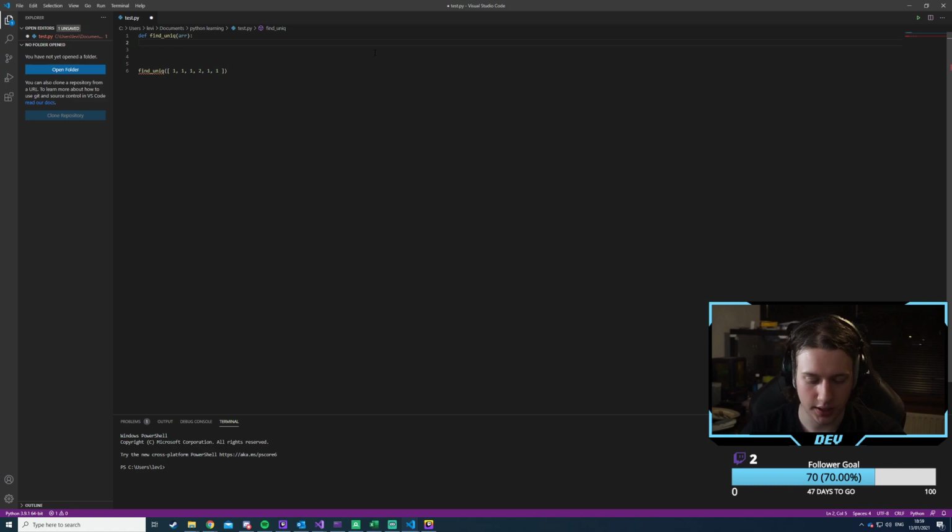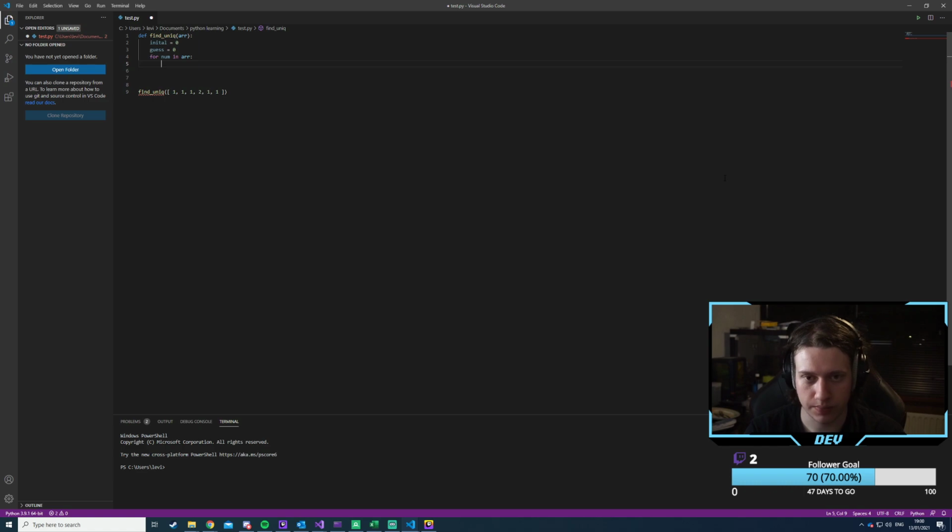So we need two numbers. We need an initial, and we need a guess, and these are just both equal to 0 at the moment. And then we have a current that's equal to 0. Then we do for num in array. Okay, so now we're looping over all the items in the array. So then we say current is equal to num. Actually, we don't have to assign this at all because current is just equal to num.